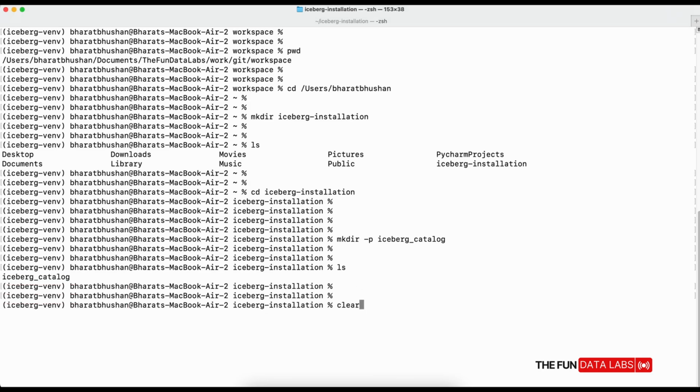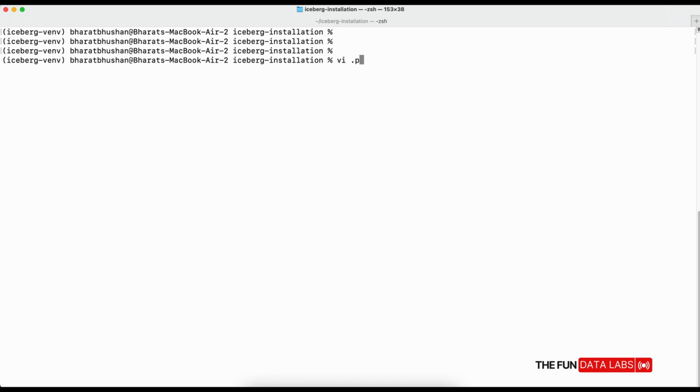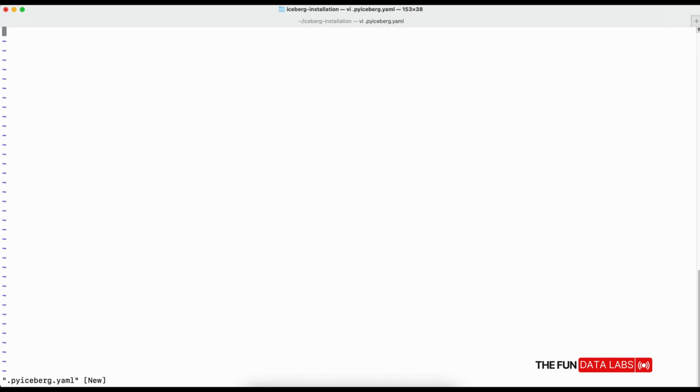We'll create a file called .pyiceberg.yaml in our current directory; this is a hidden file which we are creating. In this file, we'll add the following configuration. Now let's add the catalog's name, local, with the configuration using SQLite. Here we have the URI and the warehouse file and folder location.